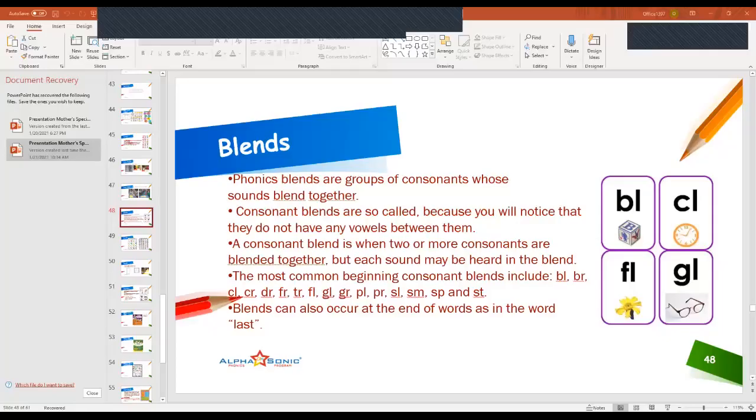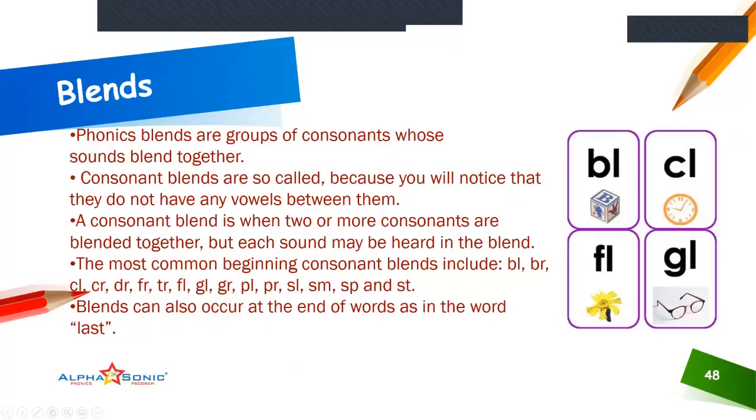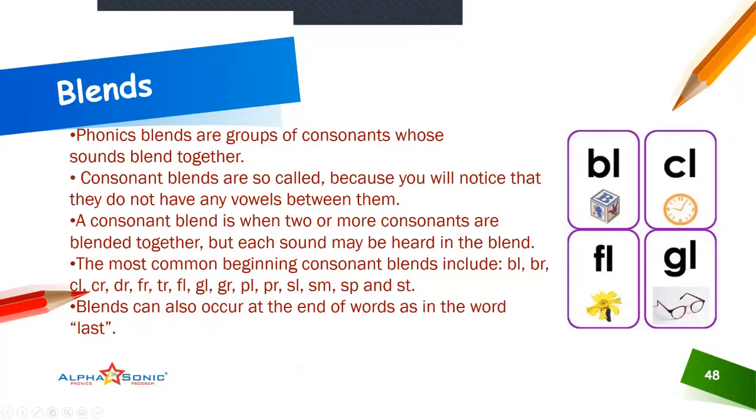And as we always discuss, focus on mastering the concept. Then your child will find it easier, and the confidence of the child will increase. Now, here you see the consonants which come together making two sounds. For example, B and L. It's bl. C and L, cl.